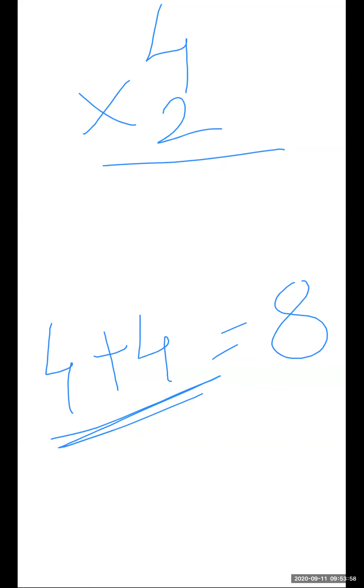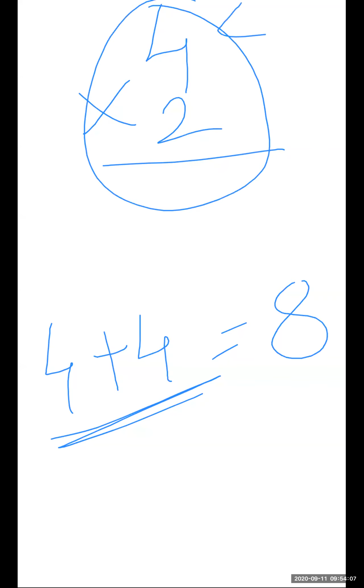I told you to learn the tables by heart. Tables are very important. Right? How to solve this sum? Say the table of 2 till 4. 2 ones are 2. 2 twos are 4. 2 threes are 6. And 2 fours are 8. So this is the way we get the answer 8.